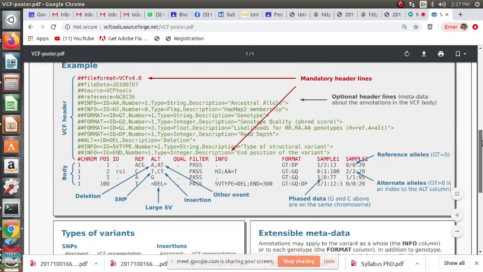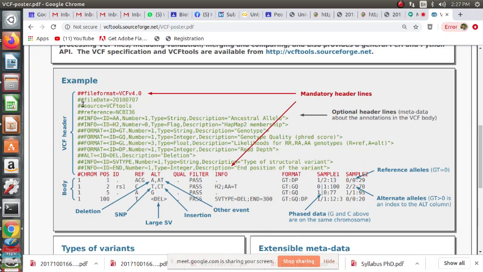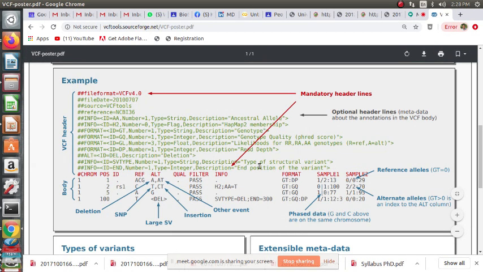So this is an example VCF file. The VCF header looks like this, as we saw already in the case of E. coli SNP calling. The header starts with double hash, or we can also say that the header starts with just a single hash, because the actual header line, in the red line, is the column header. This is the header section. In any way, this is a body, but this entire thing is a header section.